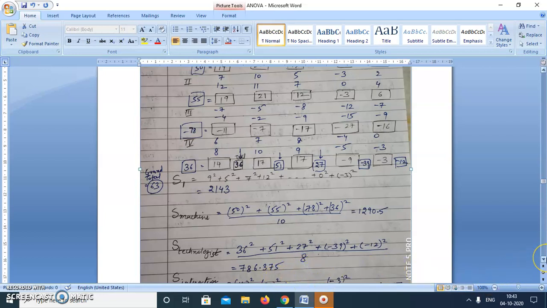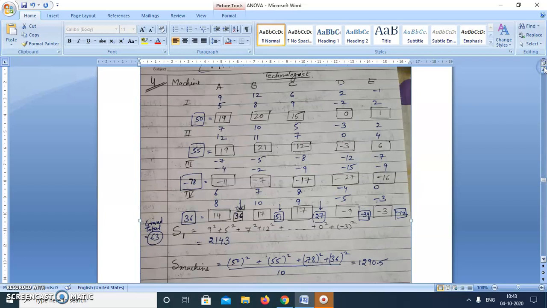Now in this question, which is the question with replication, we also calculate one more thing, that is the interaction effect. The interaction effect is how A and 1, that is technologist and machine, are interacting with each other. Now these 2 readings of all categories will give us an idea about the interaction between these 2 factors. So we have to first calculate the sum of all these 2 readings. So this is 9 plus 5, 14, this is 12 plus 8, 20, this is 6 plus 9, 15. Similarly, I'll calculate for all the other